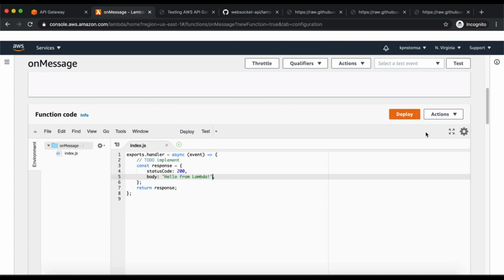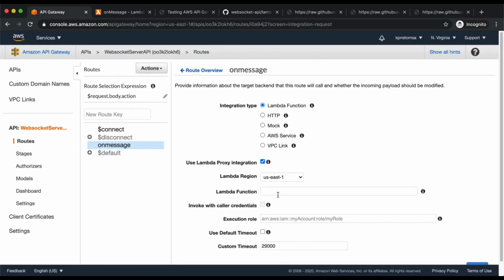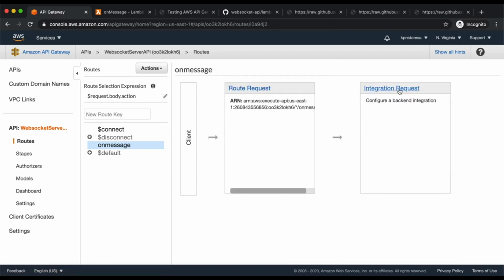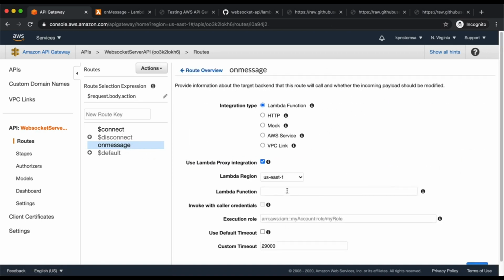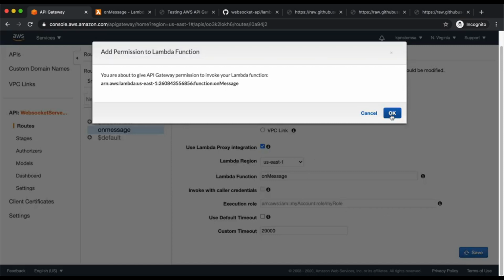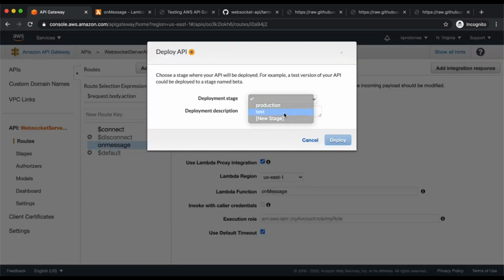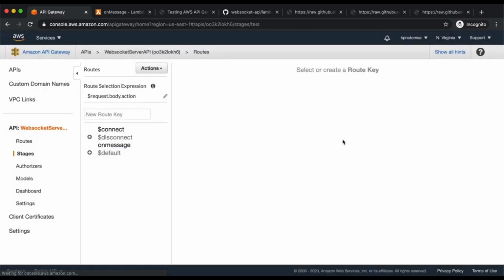Let's remove these things, deploy it. Let's go back to our API gateway, refresh the page, integrate it with a Lambda function called onMessage, and save it. And don't forget to deploy this in API again, otherwise you won't see any changes. So we have to redeploy it in test environment, the version being 1.10, deploy it,